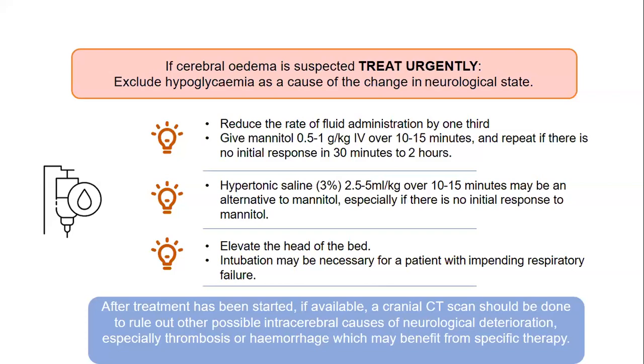So let's say, for example, you've given your mannitol, first dose, second dose, and the patient is not improving. Start thinking outside the box. Is this patient having maybe complications of DKA? One of the commonest complications is thrombosis because you are in a hyperosmotic state. So at that point, think of doing a cranial CT scan to rule out any thrombosis or any intracerebral bleed.